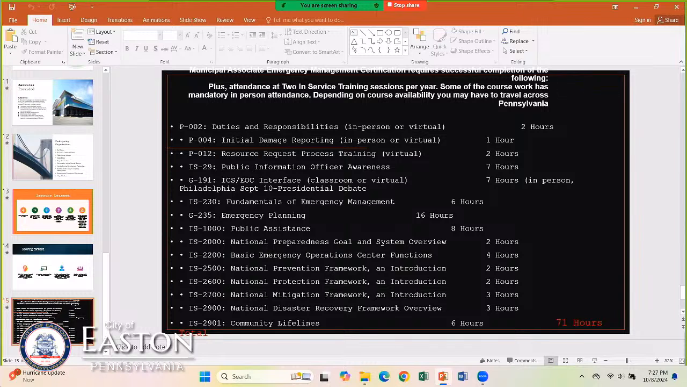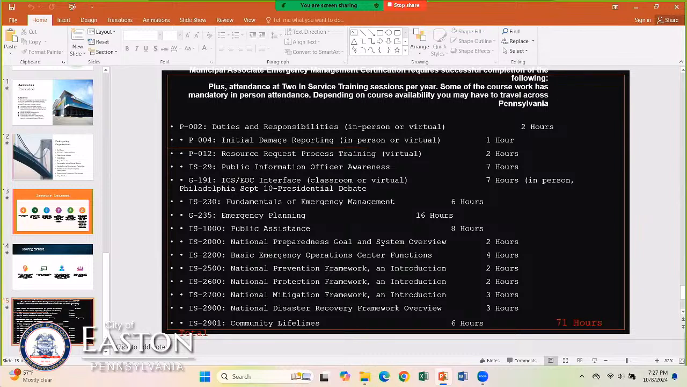I'm mandated to attend at least 2 in-services a year. Usually they have quarterly meetings. I try to attend all 4 of them. As the emergency management coordinator, this list is the classes that I must take to be the coordinator. As you can see on the side, each class has a specified number of hours. If you look down there at total in the bottom right-hand corner in red, there's 71 hours that are committed